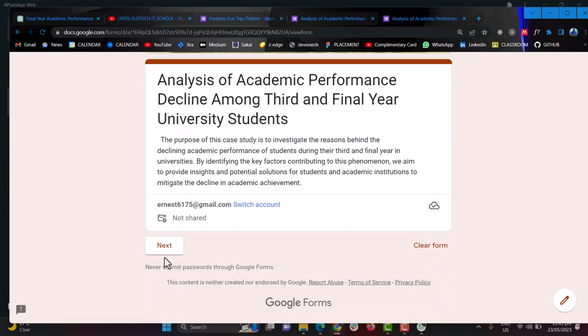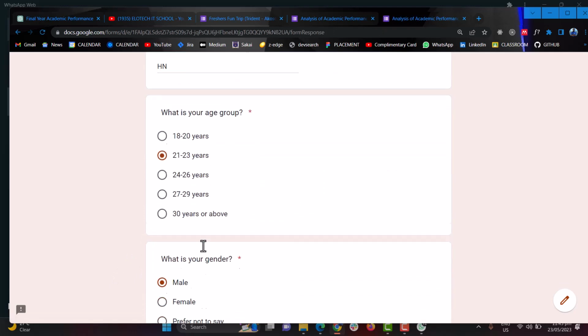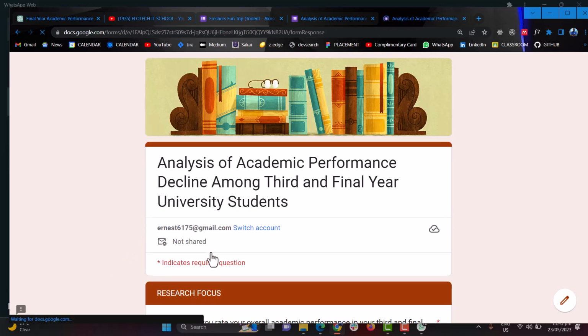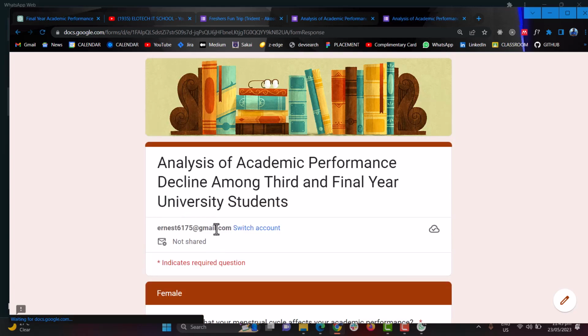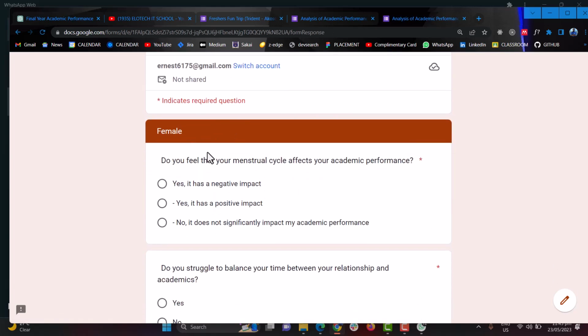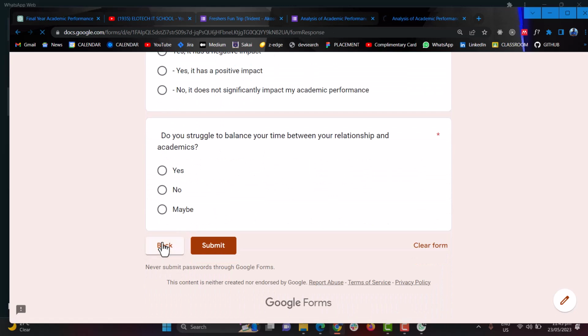Oh, it's irreversible, but no problem. What Google does is it saves every response that we have here, so we don't need to do anything. So if I choose male, you see male questions came, so let's come back and choose female. Now we are going to see only female questions. You see the questions here are female, or we can go back and choose